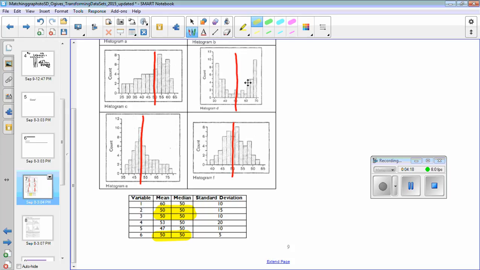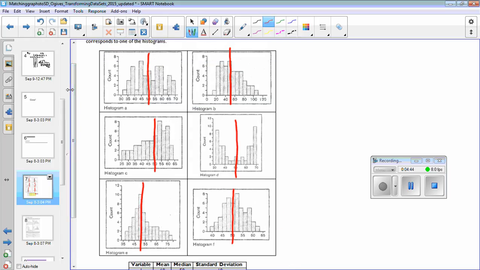But look at their standard deviations. They're all different. So let's look at the symmetric data sets for a minute. Let's look at the one that has a very large standard deviation. That's variable 2. Symmetric because the mean and the median are the same, but the standard deviation's large, so something's awry. So somebody tell me, looking at the 6 graphs, which one is symmetric but has a larger standard deviation?